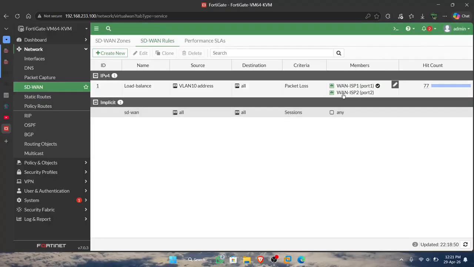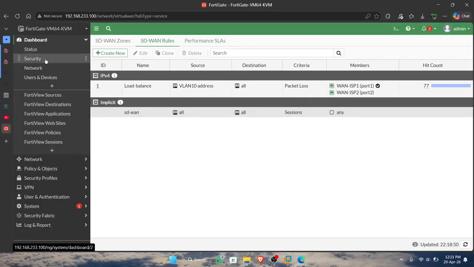Okay, maybe this is the basic configuration for SD1, and that is how we practice making load balance for VLAN 10 and for the guest.